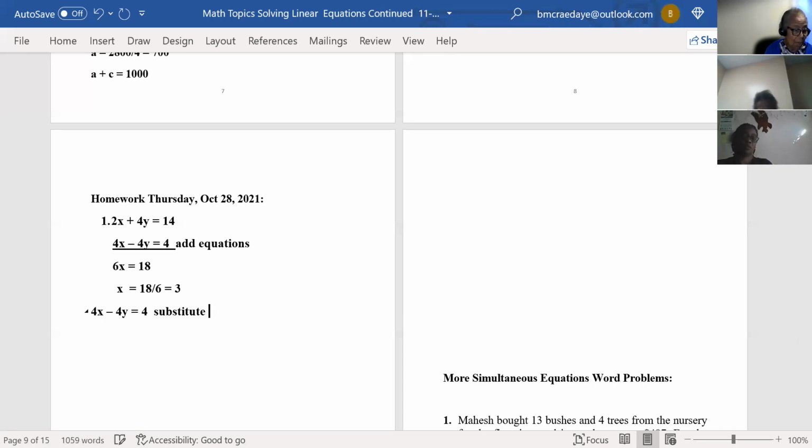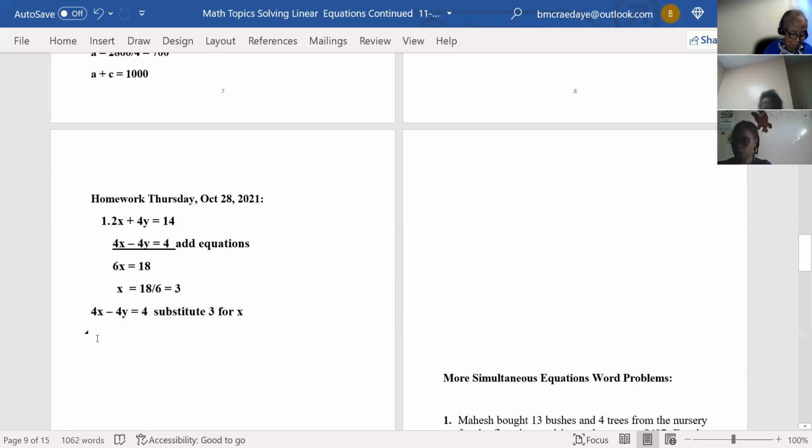And 4 3s is 12. Substitute 3 for x, and then you can solve for y. So what does this become? Let's just substitute. They said 4x minus 4y